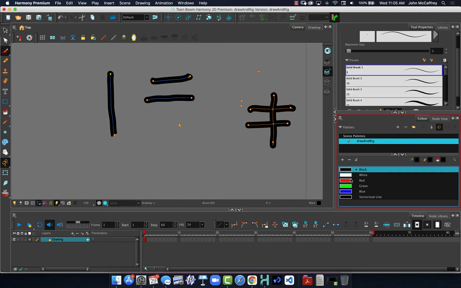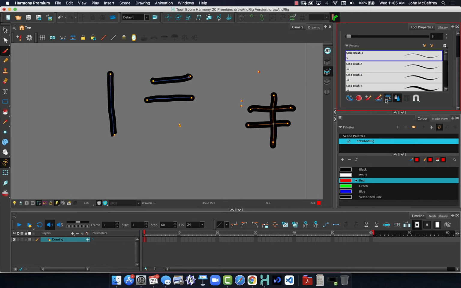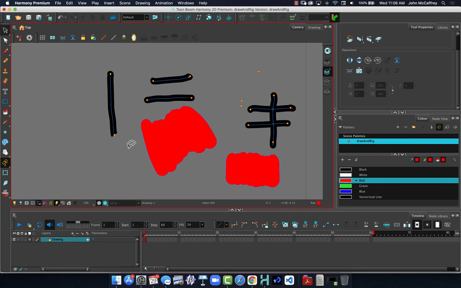Now with the paint tool, that becomes even more apparent. So let's see my paintbrush. I'll turn off auto flatten. Let's get a big fat brush just to get the point across quickly. So if I draw a shape, draw a shape, draw a shape. So it looks like I've created a solid red area. Now I'm going to turn on auto flatten and repeat that same process. And now if I use my select tool and select, we'll see those are all